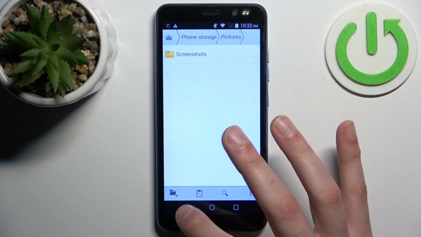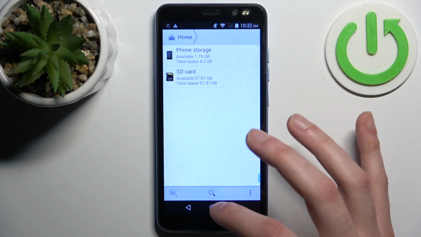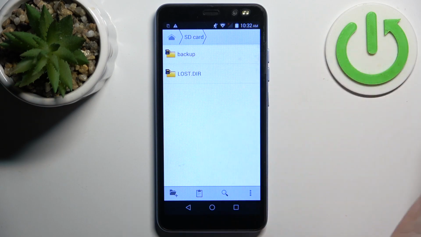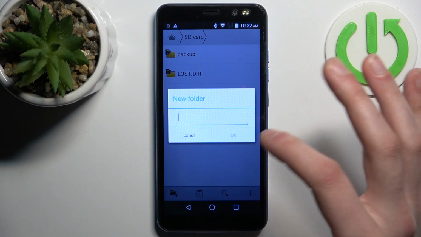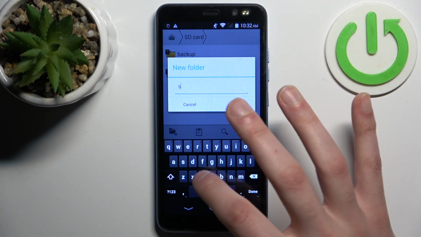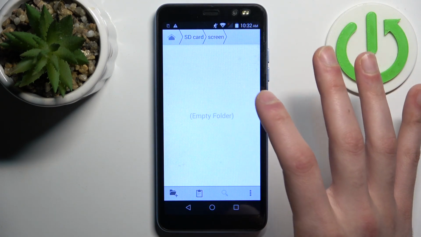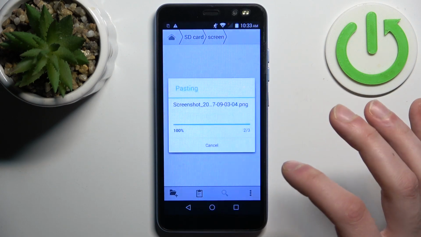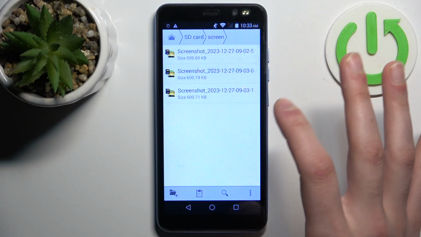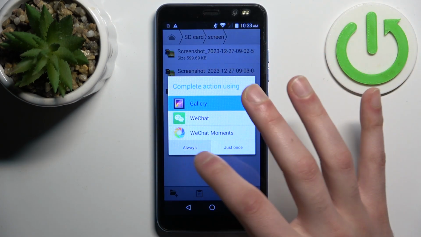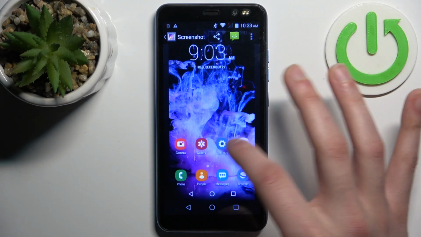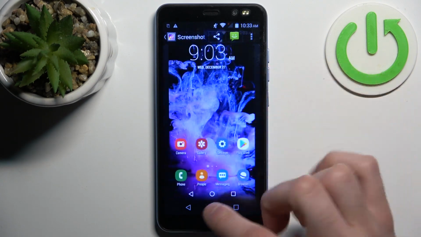Then you go to any folder you like to paste them. So in our case we go to SD card. You can create a folder with screenshots and just paste it here like this. And now we have these screenshots here on our SD card. So yeah,